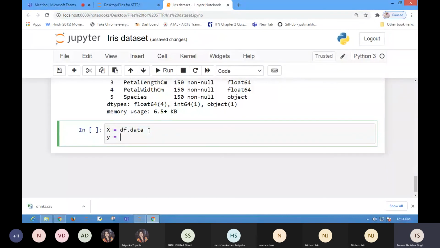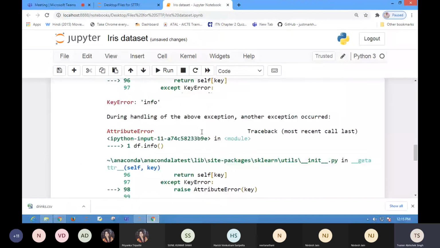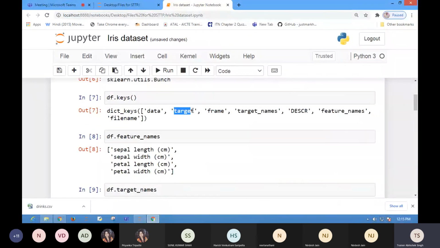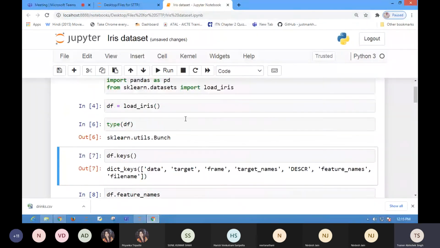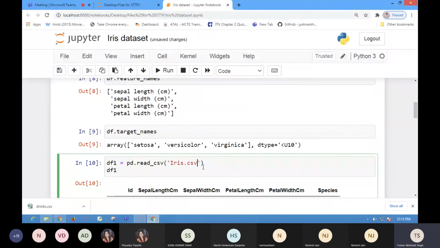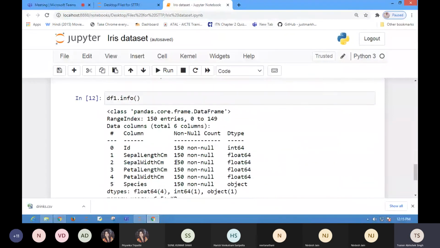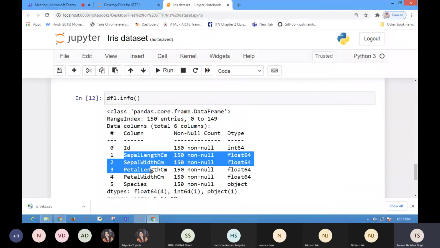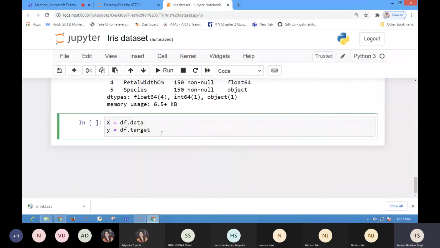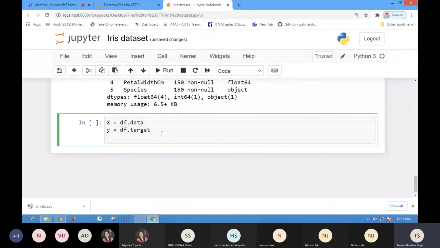Similarly, y is equal to df.target. Again, I haven't named anything as data or target. When you use this, target is also a dictionary key in load iris. If you are using iris.csv, then you have to define a target variable as species, and you have to define a data variable as sepal length, sepal width, petal length, petal width. So do remember this. Let's print the shape now. Print x.shape and print